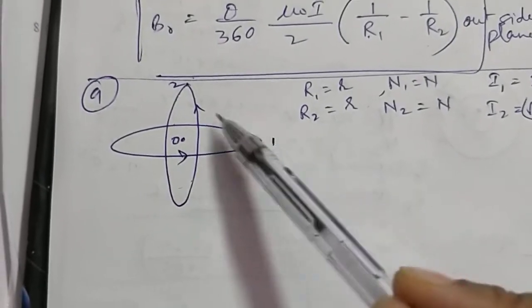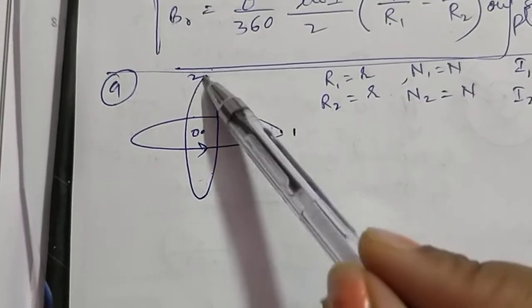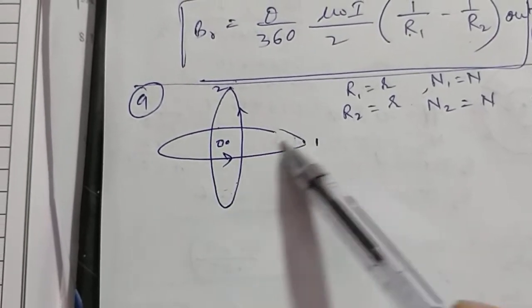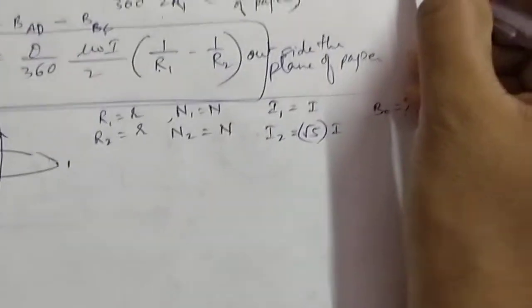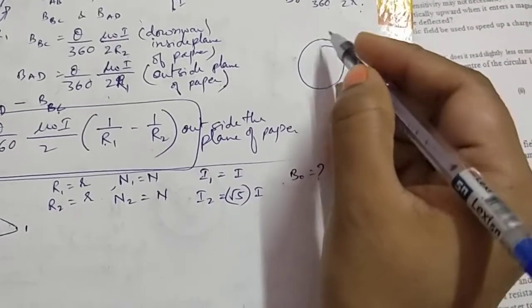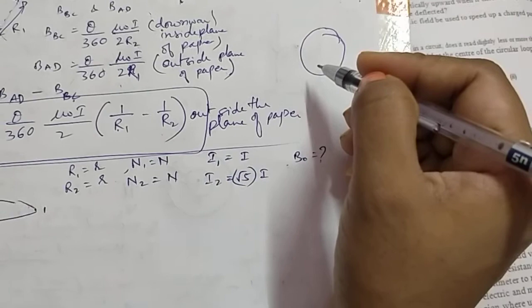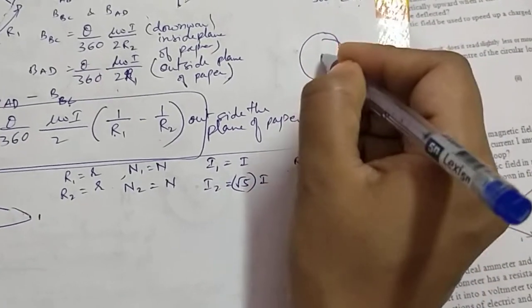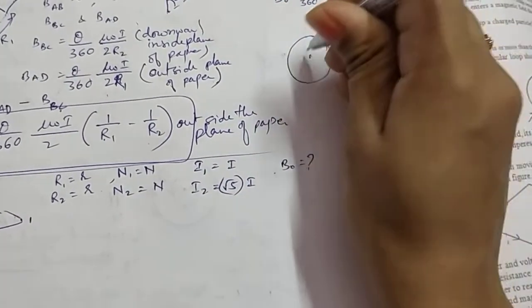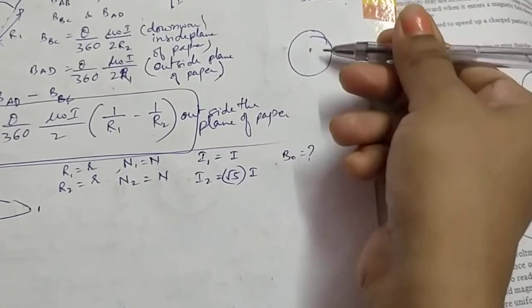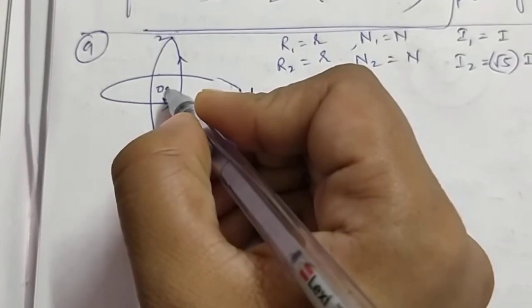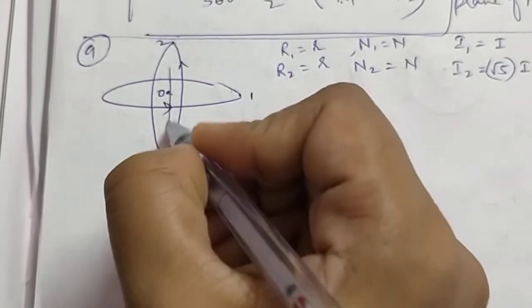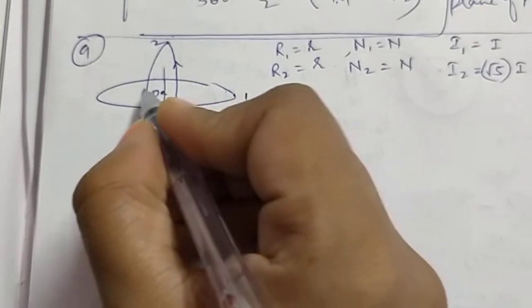Children, 9th question, it is given that there are two concentric coils, so their center is same, but these concentric coils are set such that their axis is perpendicular to each other. मतलब अगर एक coil इस plane में ऐसे circle में है, तो दूसरा coil ऐसा circle होगा. ठीक है, मतलब इसका axis vertically up, the second coil will be इन सच अ वे उसका एक्सिस ऐसे हॉरिजॉन्टल हो गया. So they both are having, for this coil axis will be this, okay, and for this coil axis will be